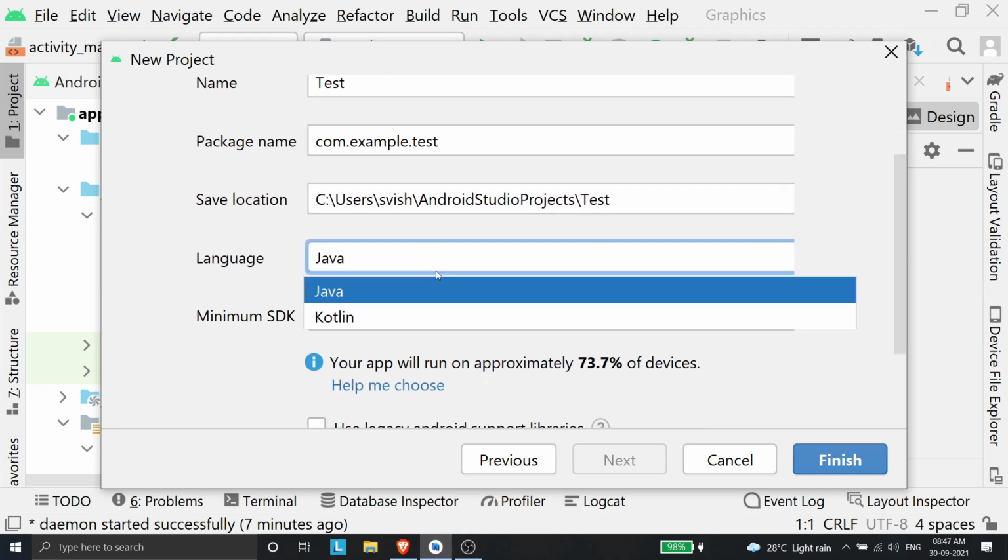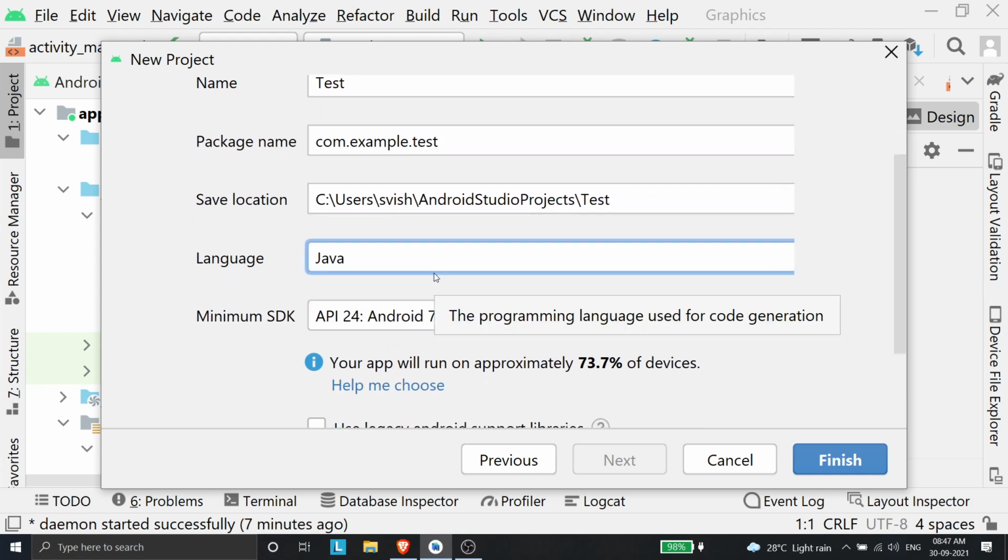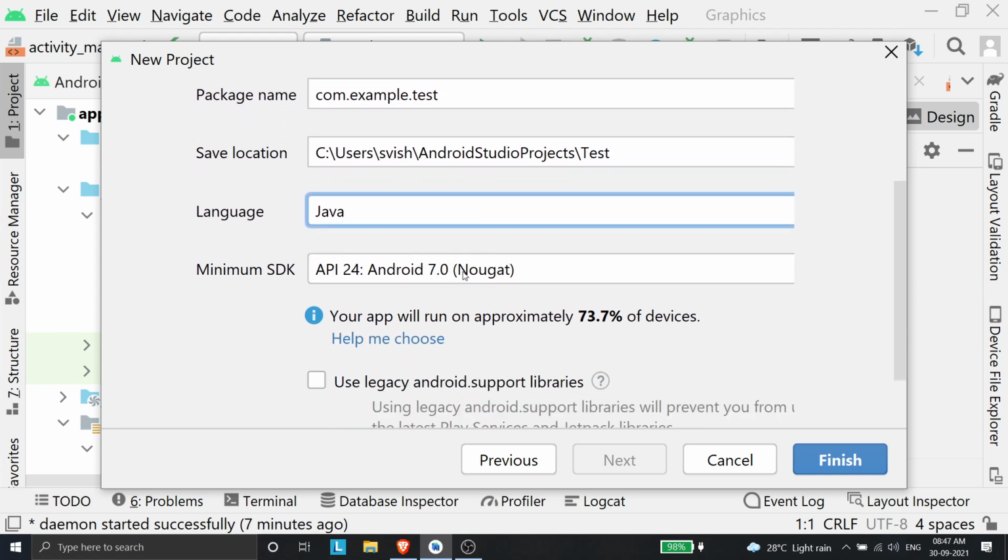And the language that we use is Java. There's also Kotlin available, but we'll not be using Kotlin. And you'll have to specify the minimum SDK, which is basically the least version of Android that you'll be supporting. So I've chosen Android Nougat, which means that any Android versions up and above Nougat will be supported. Up and above Android 7 will be supported. The below versions will not be supported. This app will not run on devices that are below Nougat, like Marshmallow, Gingerbread. It won't work on those things.